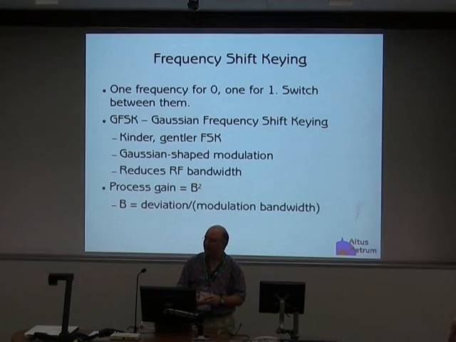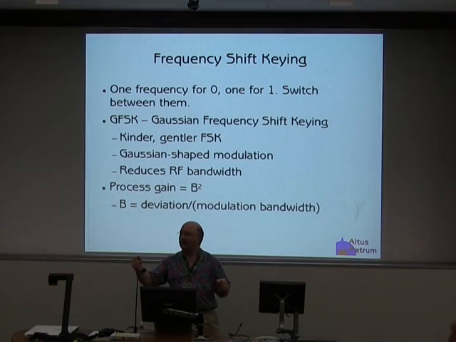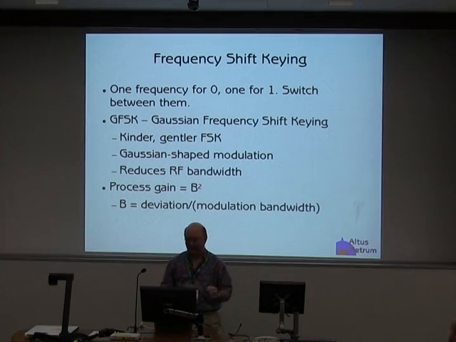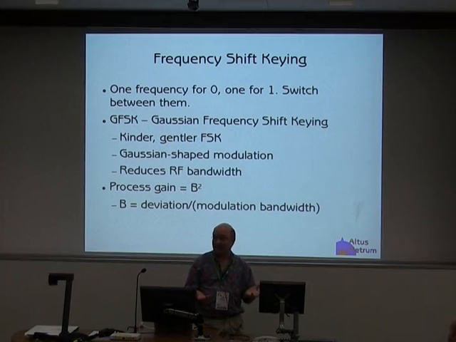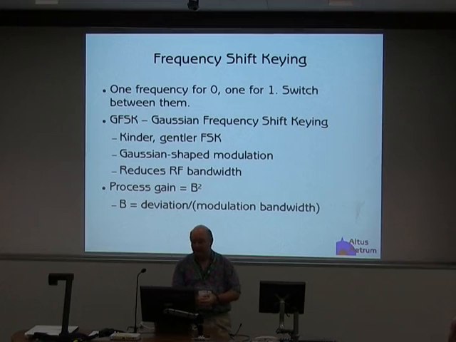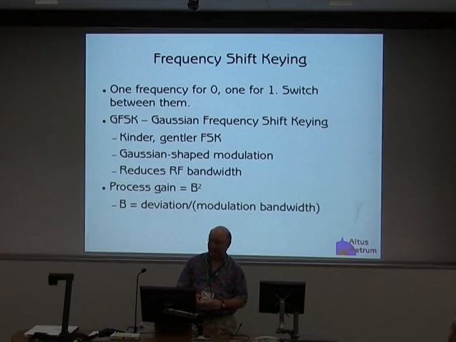So instead what we do is use Gaussian shaped frequency shift keying. And that's where you take one signal and just kind of slowly slide it over to the other one with this nice Gaussian curve. Like, you know, get a nice little bell curve and it goes back up. So it goes shoo, shoo, instead of going click, click. It's really not any different from a receiving perspective from regular FSK. All that it does is reduce the amount of noise you put in the RF environment, reduces the RF bandwidth that you need in order to transmit the signal. And so it's kind of the nice thing to do. It's like, why would you use regular frequency shift keying when your transmitter supports Gaussian shaped frequency shift keying?